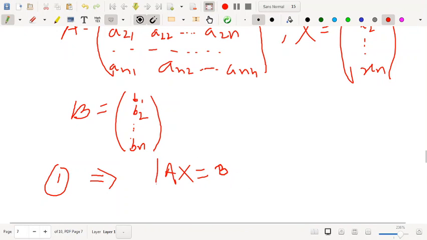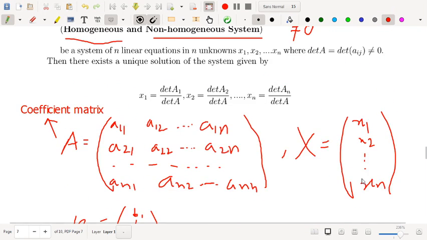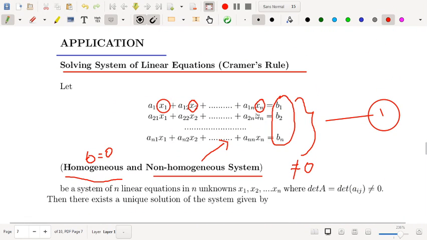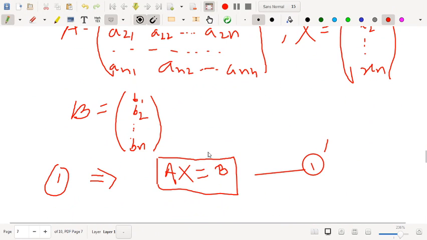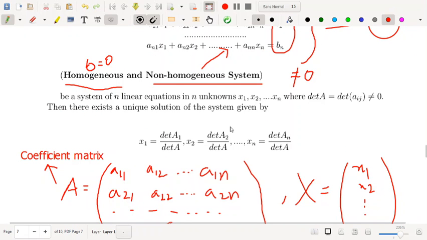Clear? Look at that, such a compact representation of that equation. If you write it as equations, it is a huge expression because you have n equations and n unknowns. But in matrix form, it is such a compact expression. So this is the advantage of using matrices. And now what is my target? My target is to solve the system.